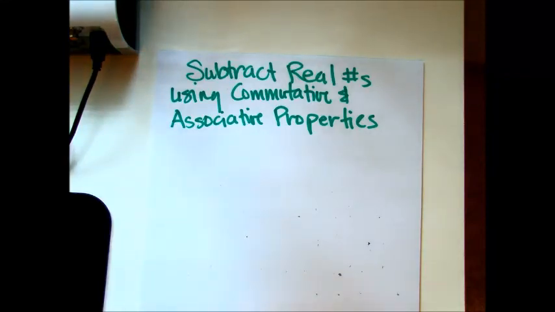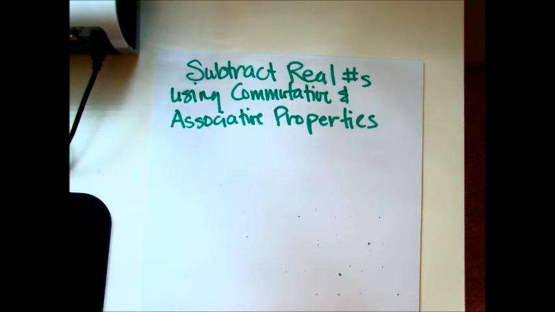All right, we're going to continue subtracting real numbers, but we're going to have a string of numbers like what we did with the addition problems. We used commutative and associative properties of addition. And remember, when we're working with subtraction problems, we're going to make it a lot easier if we convert it